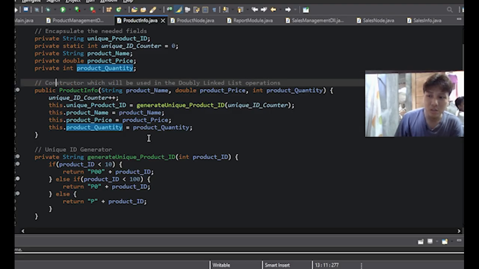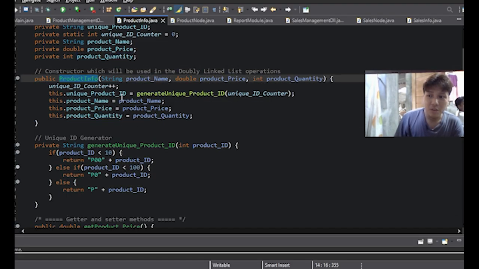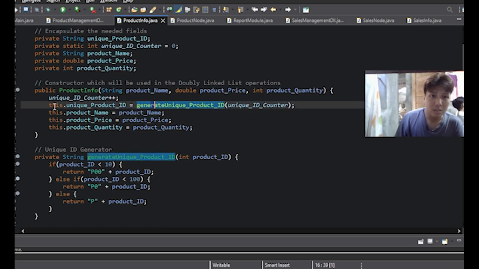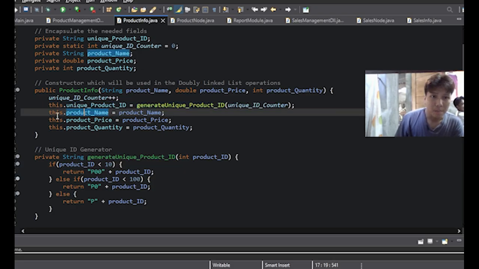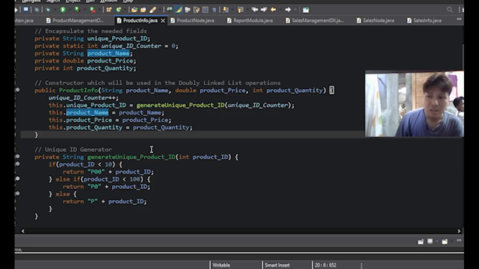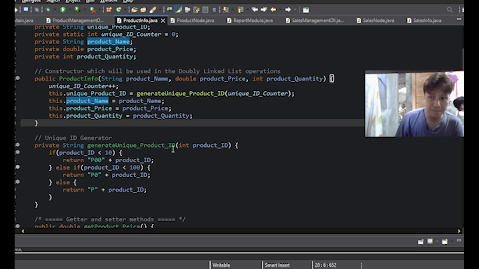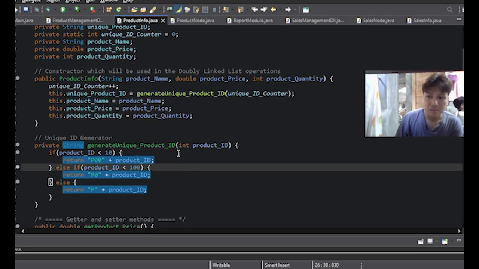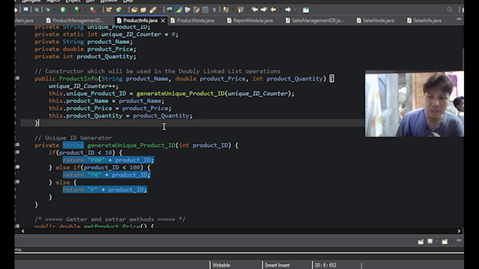Here in our constructor, whenever a new product object is made, the counter increases by one, and then it automatically generates a unique ID using the generate unique product ID method. This method simply formats the ID with a letter P followed by numbers, for example P001 or P010, depending on the product number.